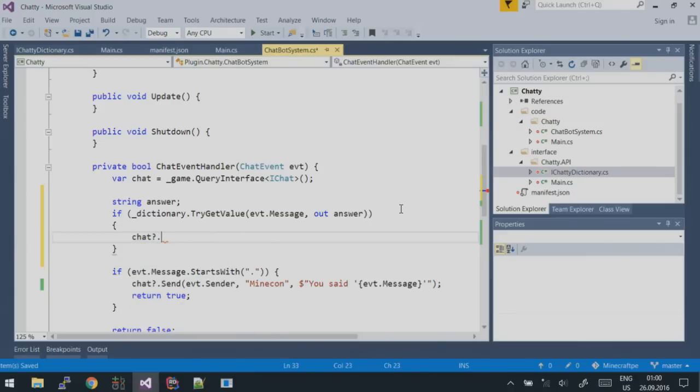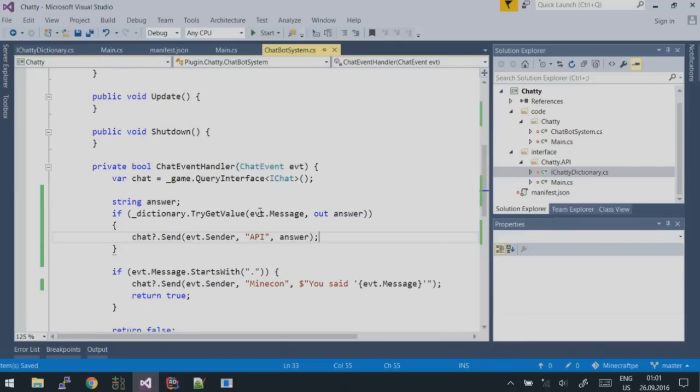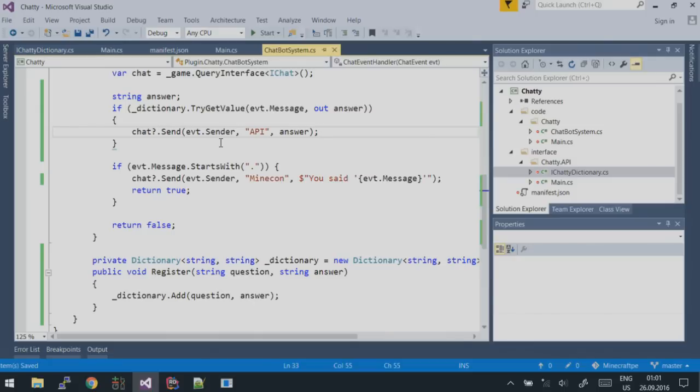So I'm just going to use the same that we have here. We send back our chat message to whoever user sent us the message in the first place. And we want to use, let's just say API is the username that we are using for now. And then we send back the answer. So, okay, and this should be all that is necessary for this short demo to add on to this chat